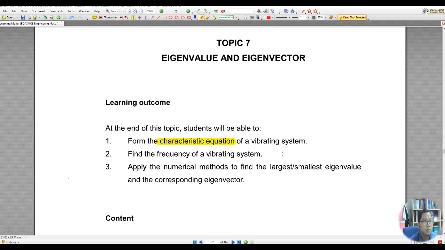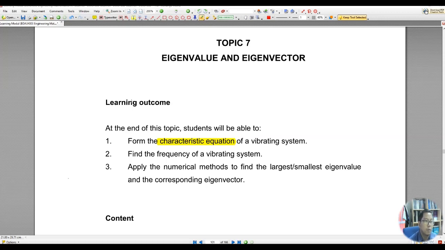Okay, class. Today we will proceed on topic 7 about eigenvalue and eigenvector. Okay, now we are in class Numerical Methods BDA 34104. About topic 7, eigenvalue and eigenvector, the learning outcome at the end of this topic,